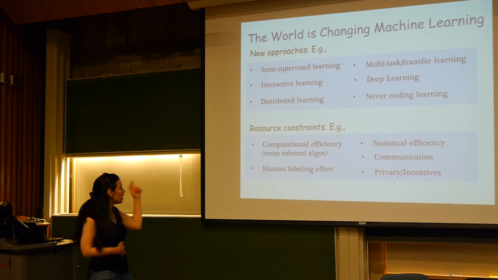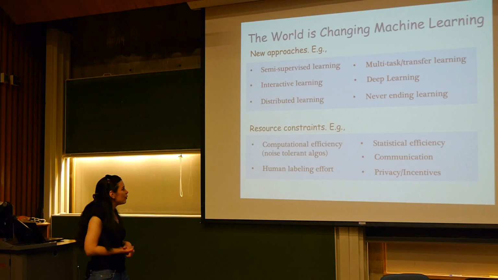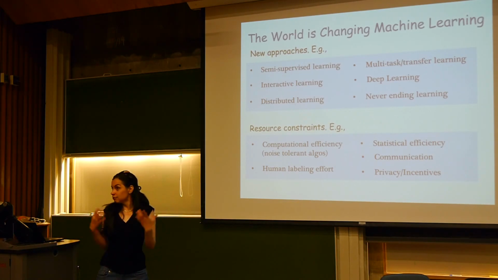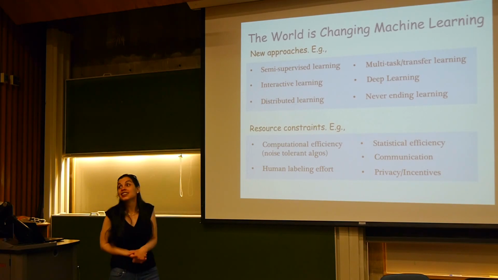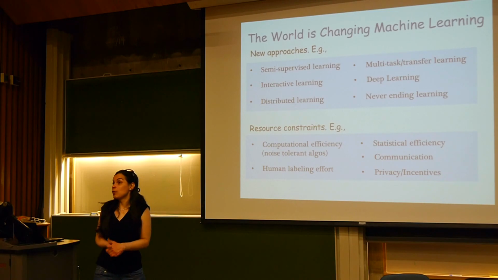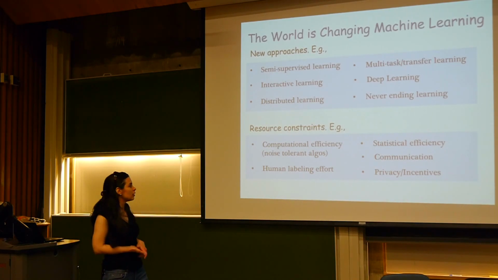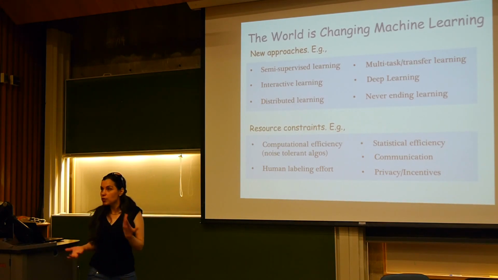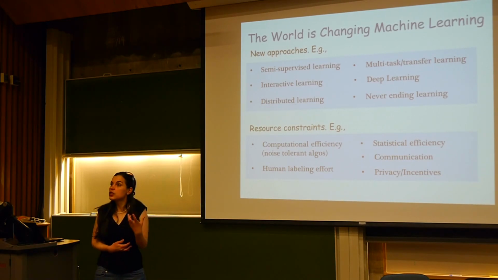So for example, we have to minimize human labeling effort when we do interactive learning. We have to take into account communication efficiency when we do distributed learning. Or actually, we have to also think about privacy when the data belongs to someone, right? Some machine learning applications involve sensitive data, like medical data or genomic sequence data, and privacy becomes a key constraint or resource that we have to really